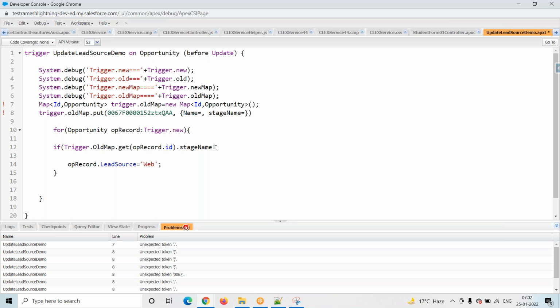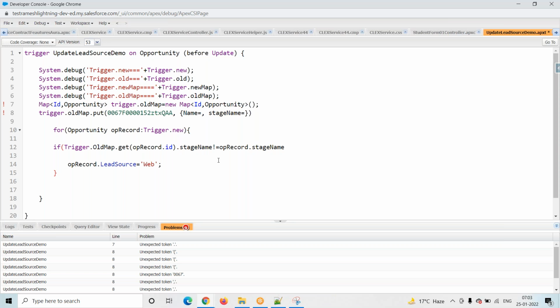StageName does not equal opRecord.StageName. I am comparing with the new value. What does opRecord.StageName mean? This is the new value. Up to now we are getting the old record, the complete old data. From that old data we are getting the stage name field.